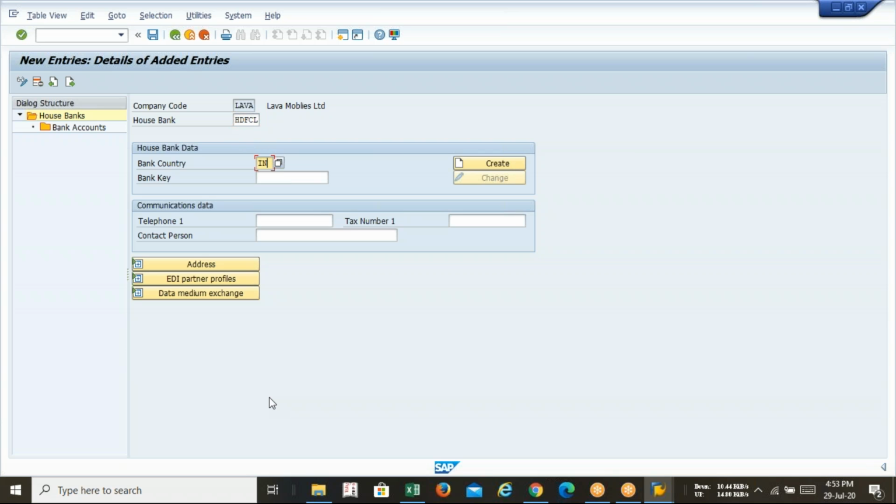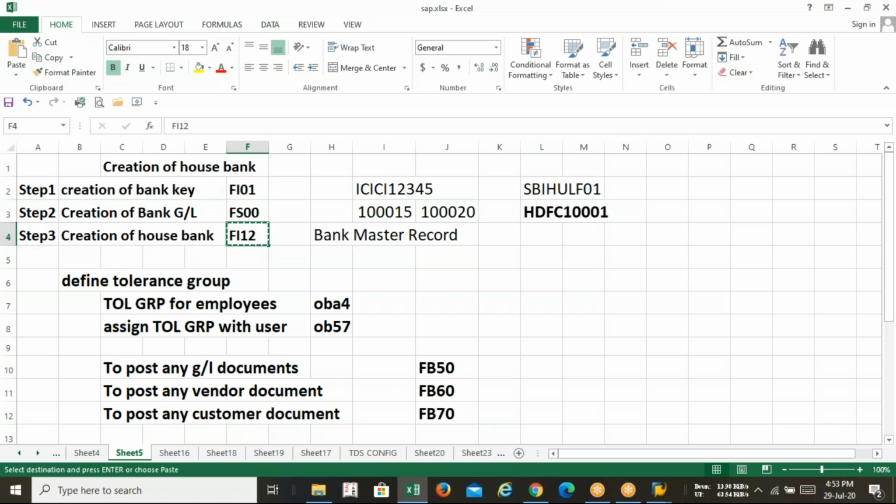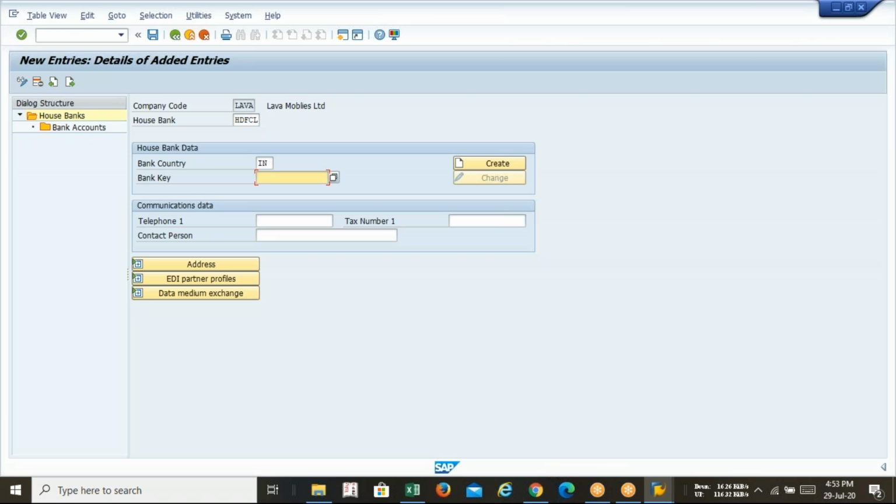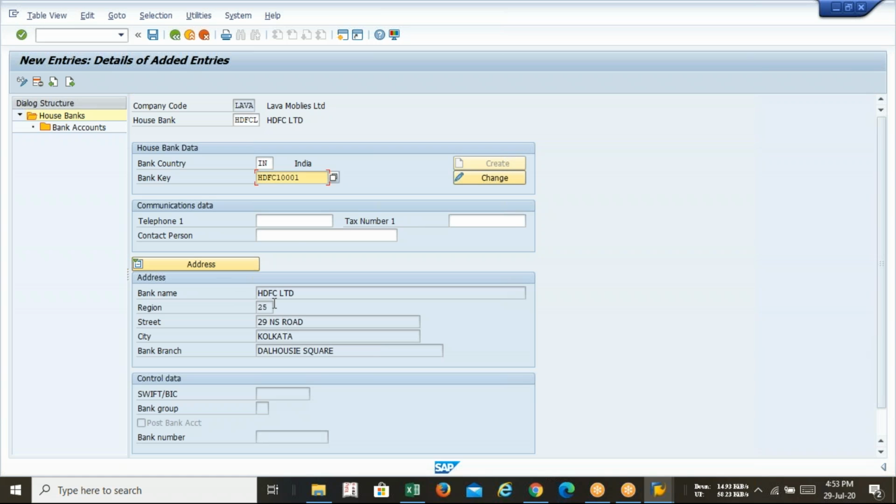Bank country IN. What is my bank key? So bank key is this. Enter. As you can see, everything is coming, and the name is automatically coming as HDFC Bank Limited, because against this bank key we have mentioned HDFC Bank Limited.